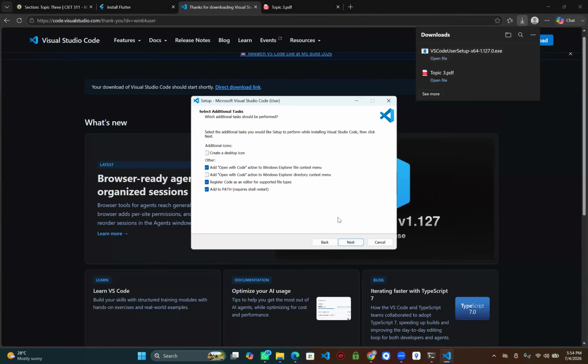Wait, I'm coming. Okay, wait, let's do something. Let's try it. You've extracted the Flutter, right? Yes. So go to your drive C and see if you see Flutter there.